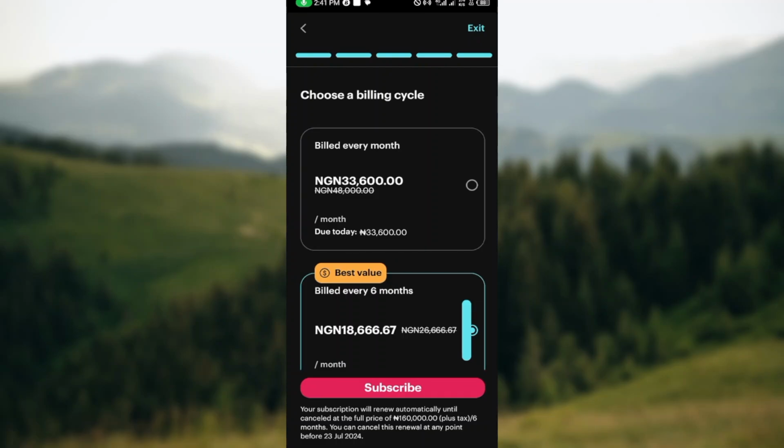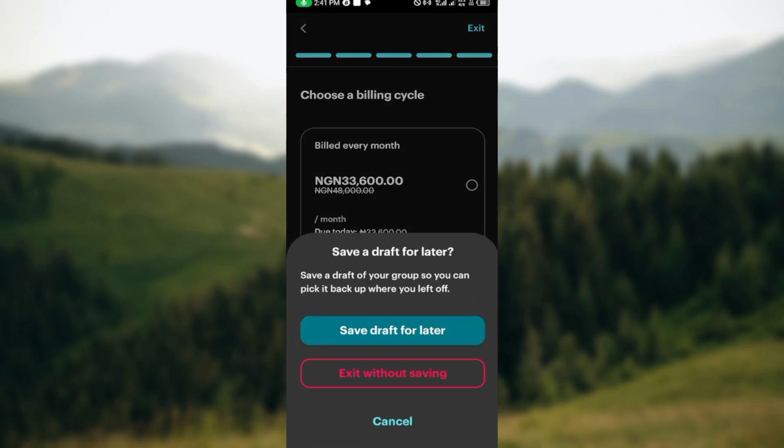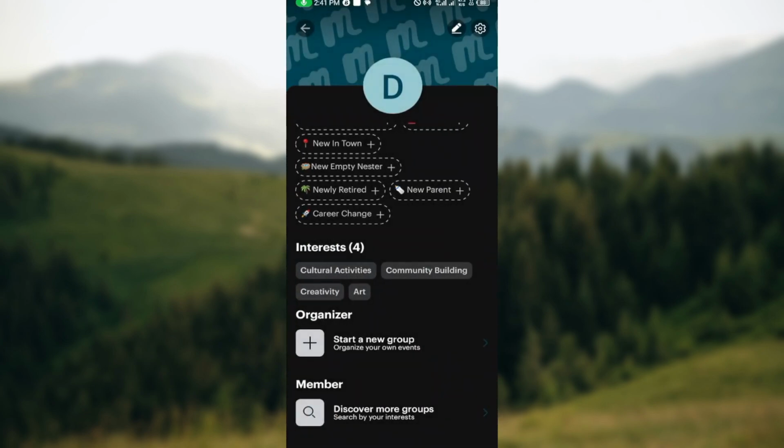The reason I was brought back to this page is because I am still making use of the free version of Meetup. But for you, once you've upgraded your account to a paid version, this would not be appearing, and so your group would be created. So once your group has been created, the next step would be for you to go to the group page,